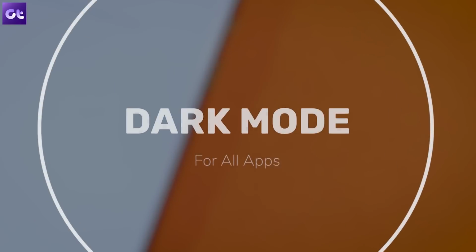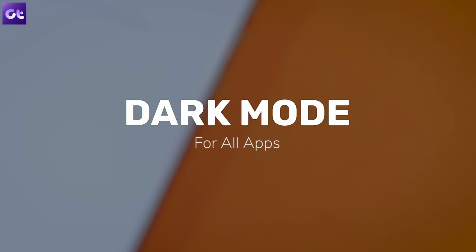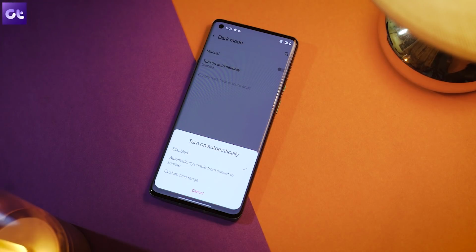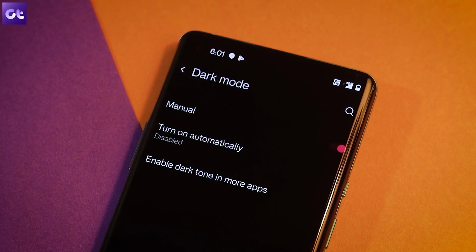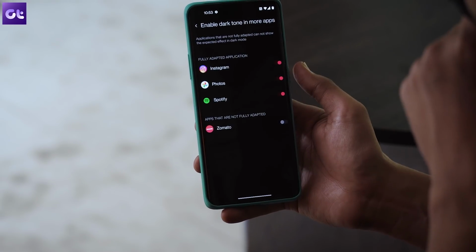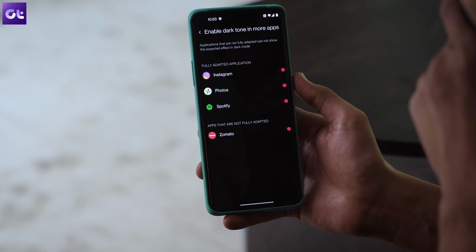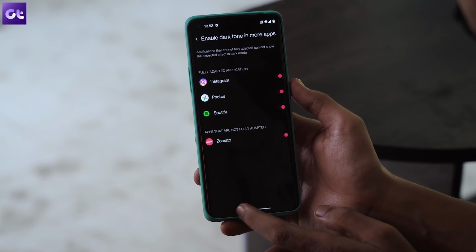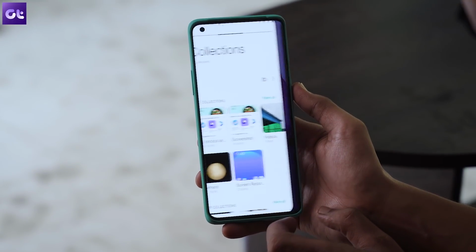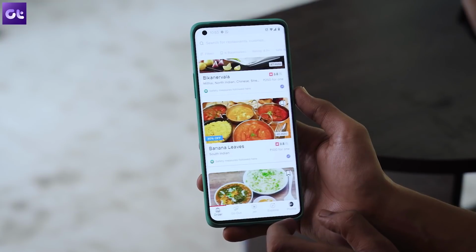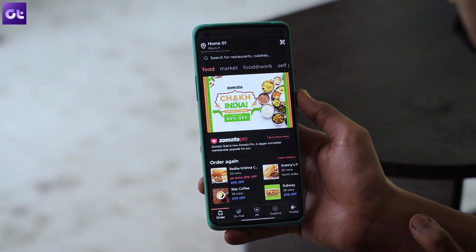Now, one of the best features to come to Oxygen OS 11 is the dark mode. Dark mode was obviously there before, but the overall functionality around the dark mode is better now. So in the display settings, you'll find the option for dark mode where you can select to enable it manually or set a schedule for it, which is something that we all love. Moreover, you can also force the dark mode on apps that don't already support it. Now, this feature was previously inside the OnePlus Labs category, but right now it's available inside the display section and it's more available to a lot of new users. So yeah, I definitely like this new change.